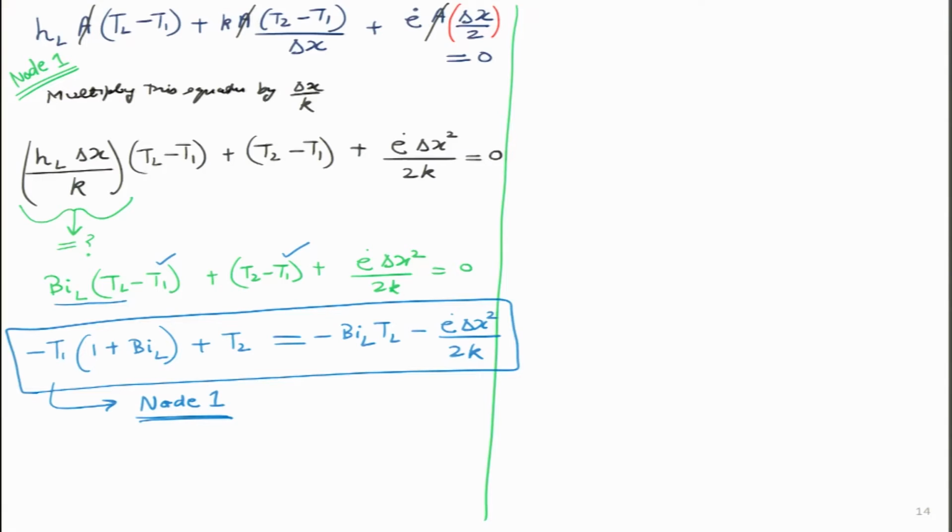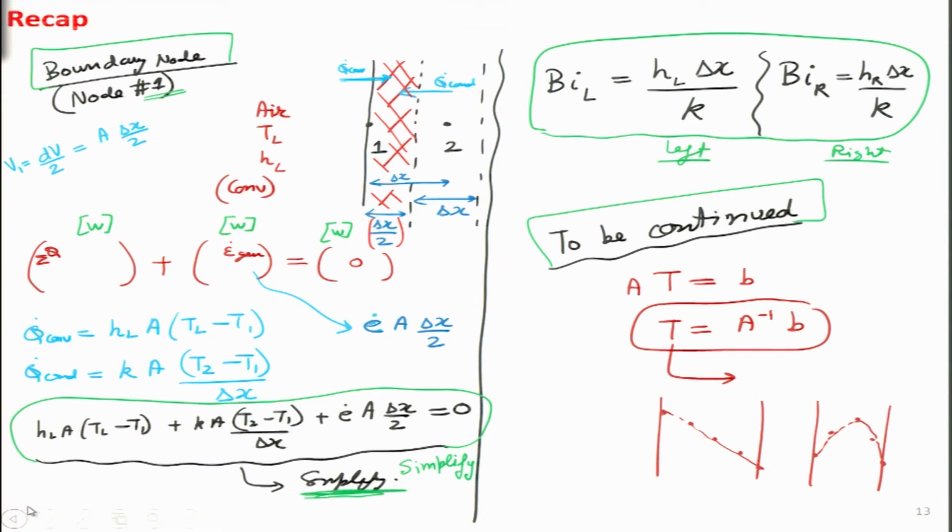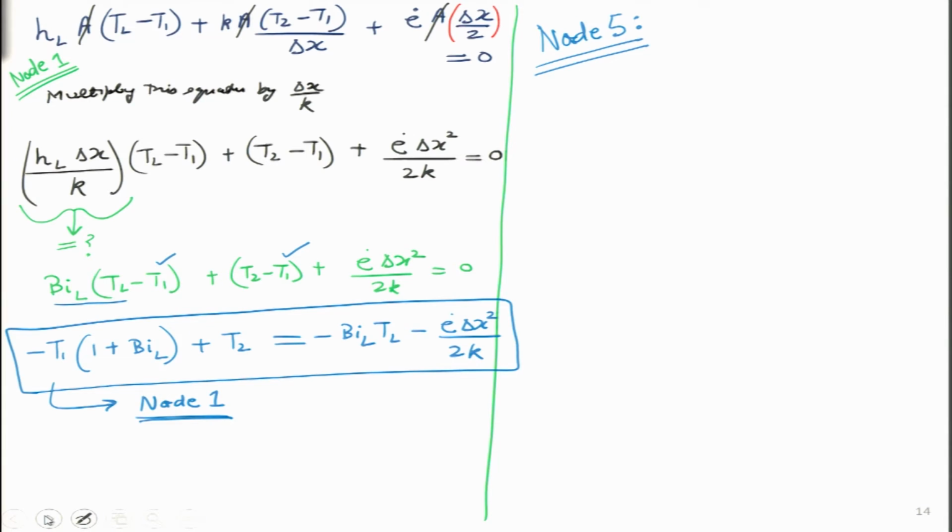Now, if we have 5 variables, we must have 5 equations, and then we can very easily solve it using some mathematical tools. So, 4 equations we already have. Let us write the 5th equation, which will be for node number 5. In the interest of time, instead of deriving the whole thing like I did for node 1, I think students will understand that it will remain almost similar. It will be a half node because it is a boundary node. The only thing that will change is that it will happen on the right hand side.